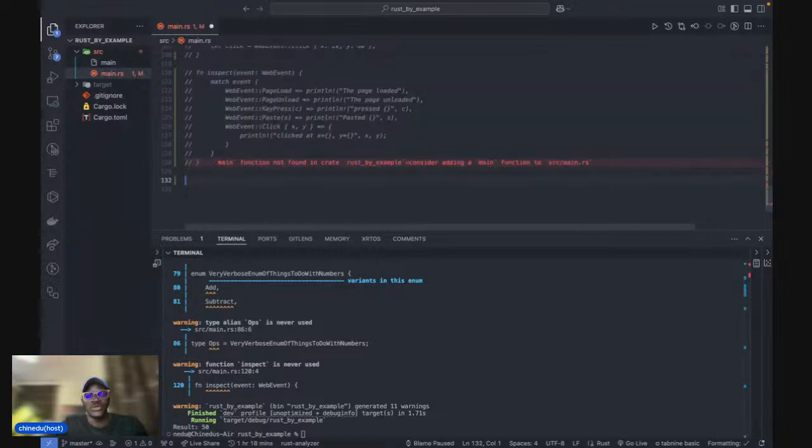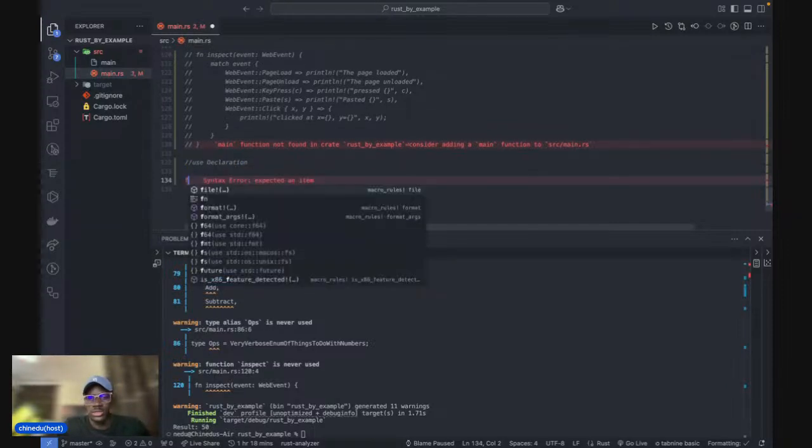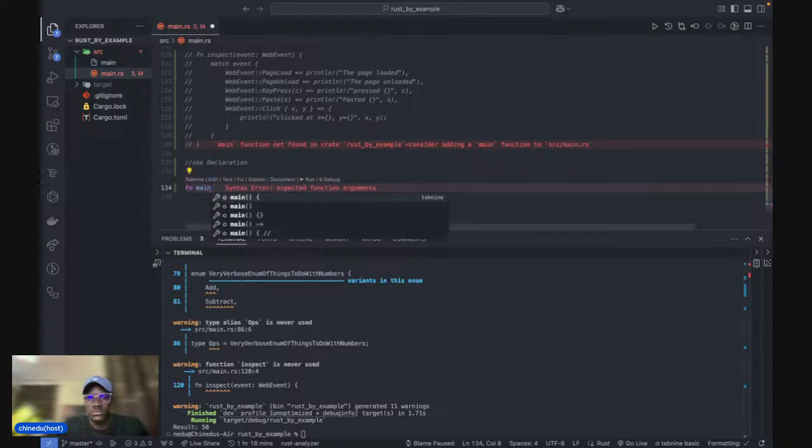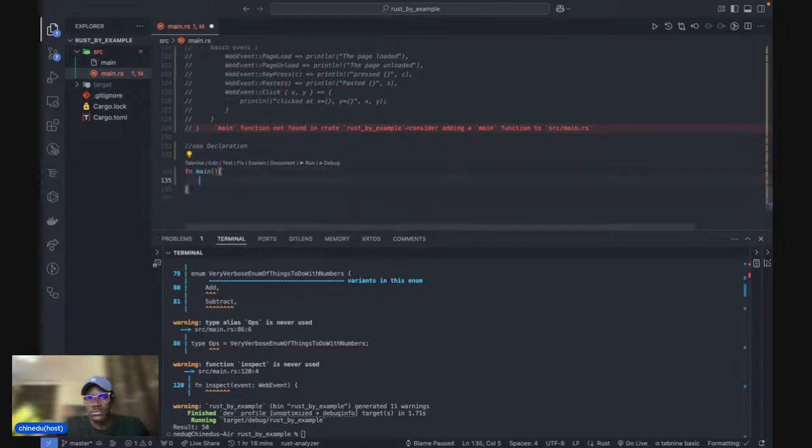I'll add another comment here and call it use declaration. It's just going to be called the use declaration, and I would create our main function. And yeah, I'll just leave it at that, right? So now, in order for us